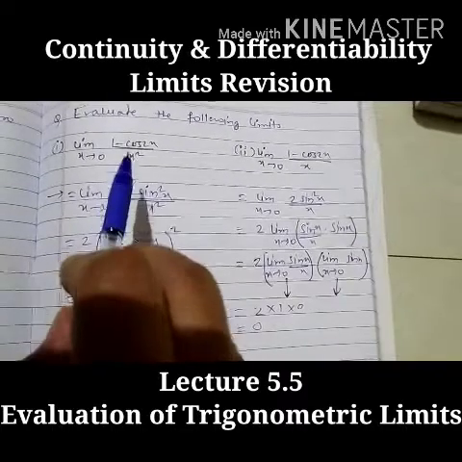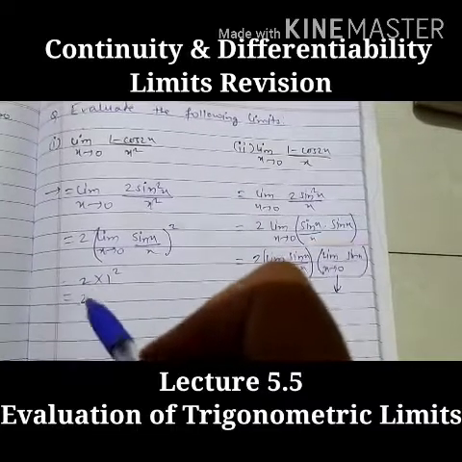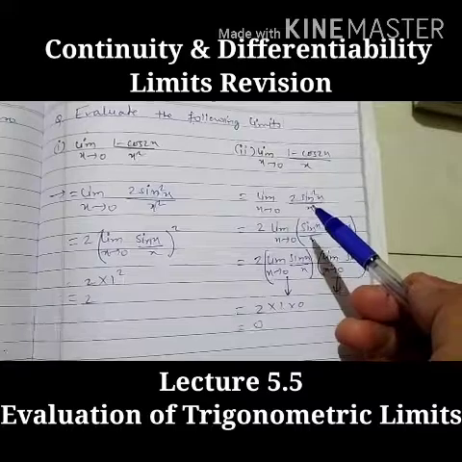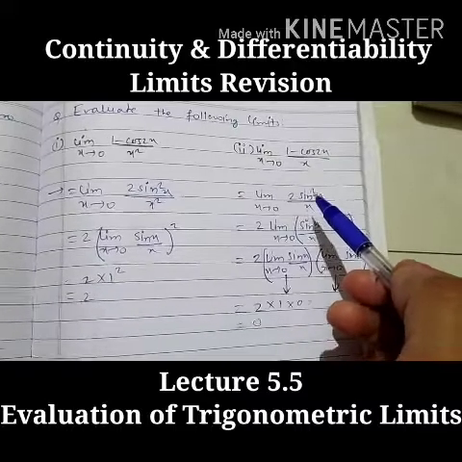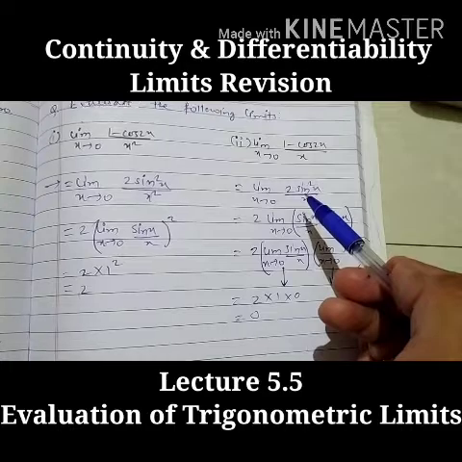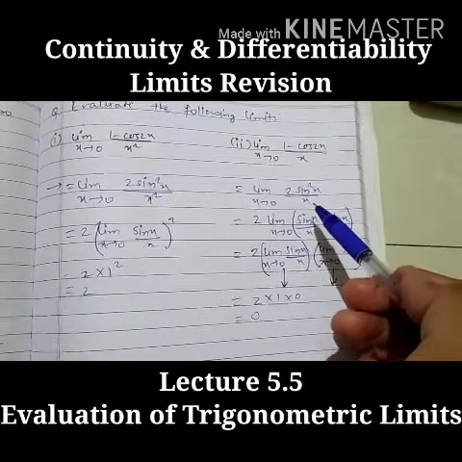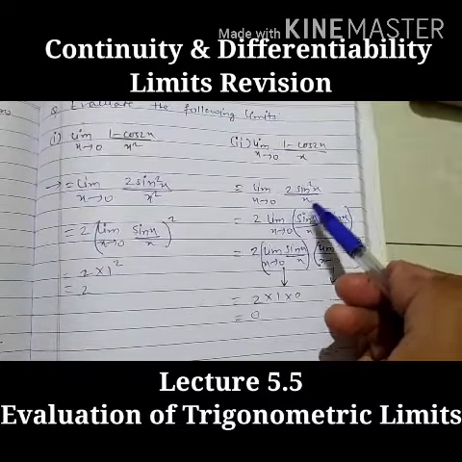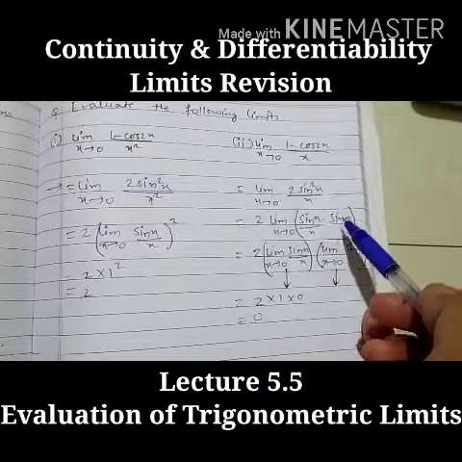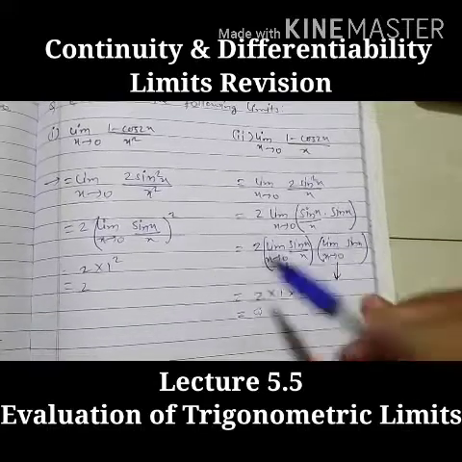You can compare both the examples now. We converted this cos function into sine function, and after solving we got the limiting value 2. Here also we have converted the cos function into sine, but the power of this sine function is 2 and the power of x is 1. So we can split this sine square function as sin x into sin x. One sin x we have taken with this x, so the limiting value is 1, and one sin was alone, so we applied the limit here, so it will be equal to 0.